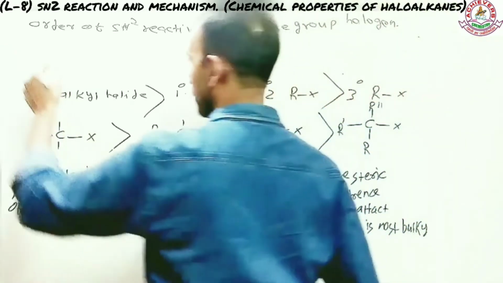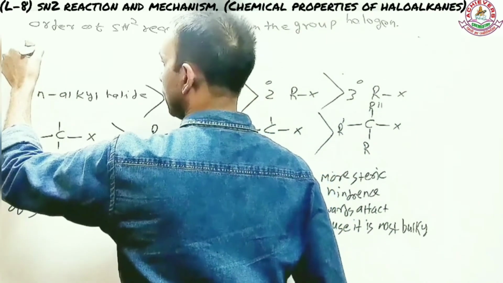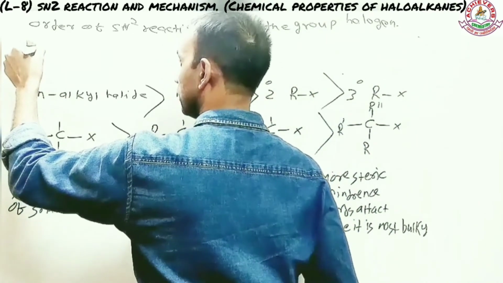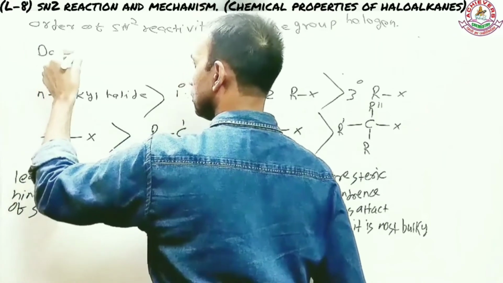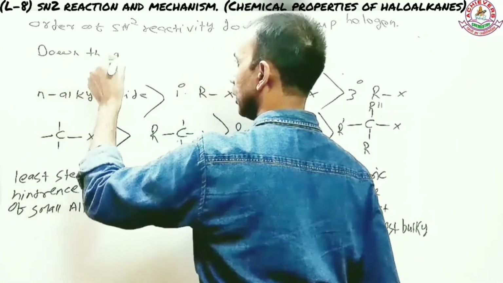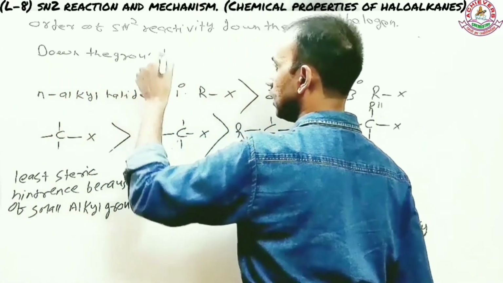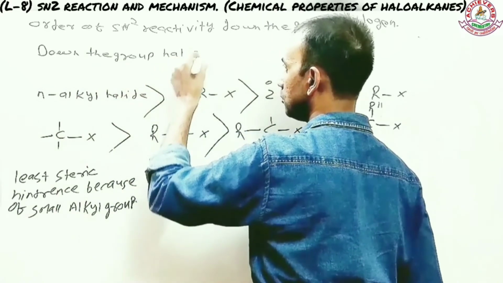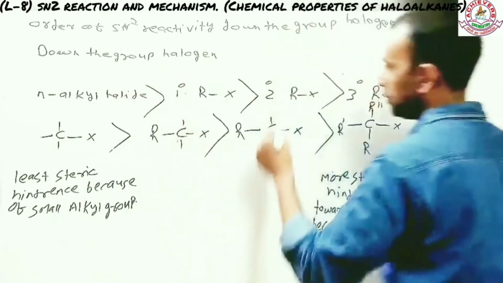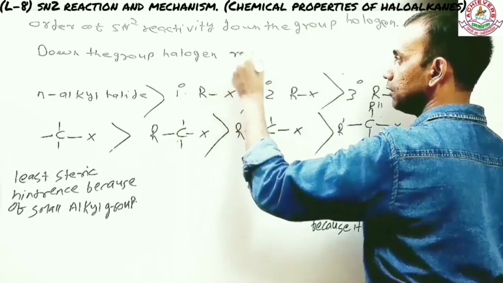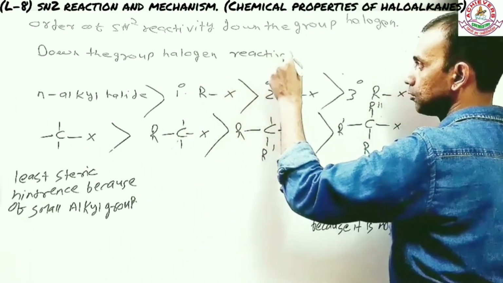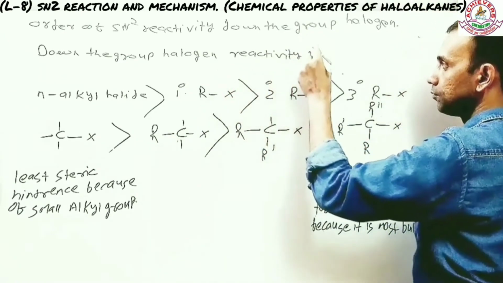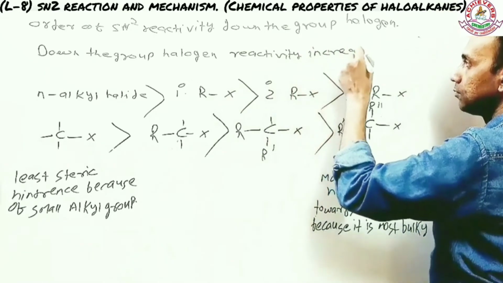So the answer is, down the group halogen, reactivity increases